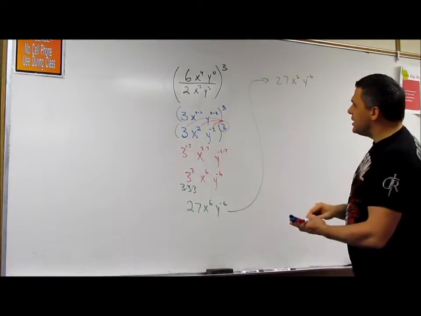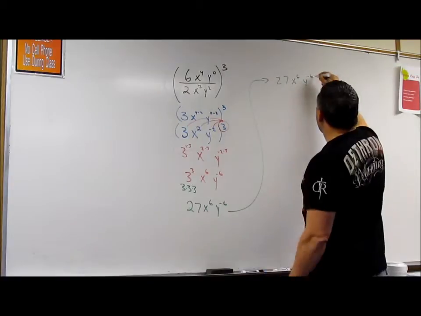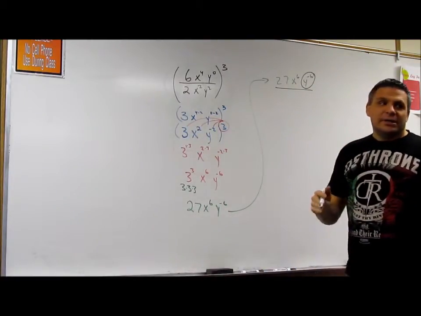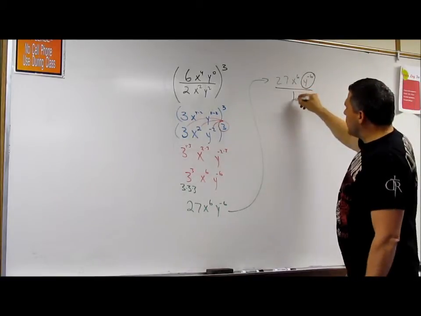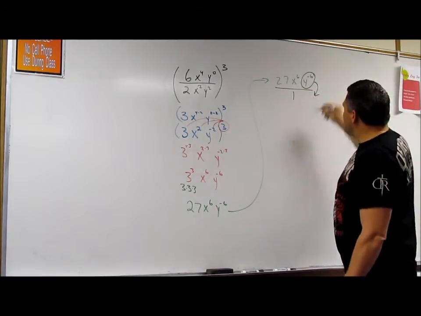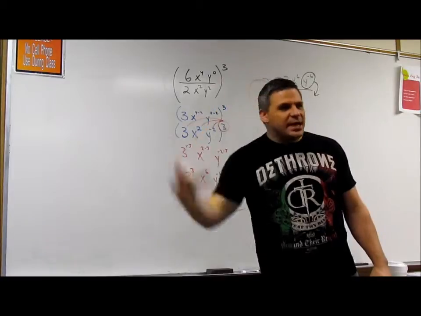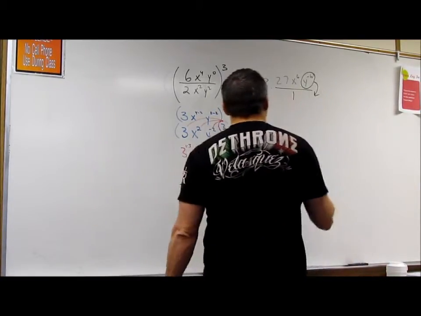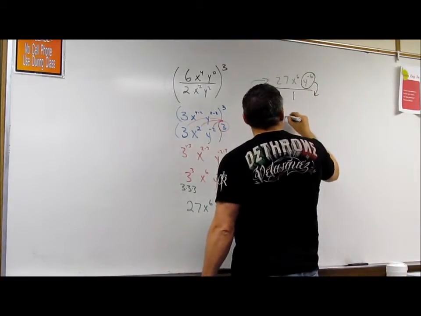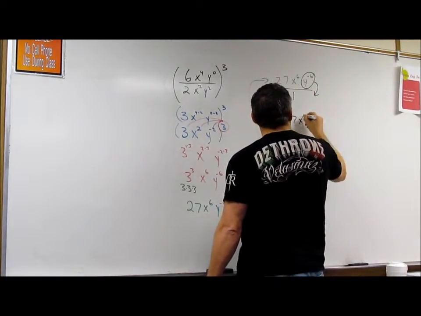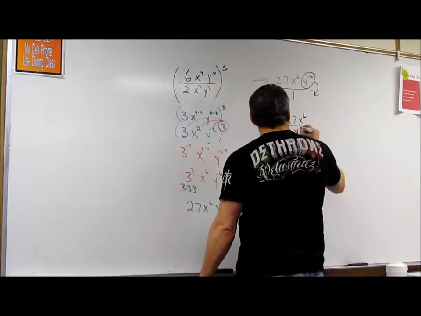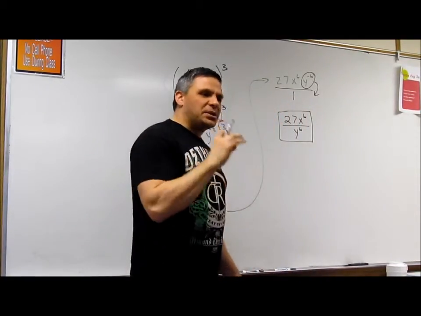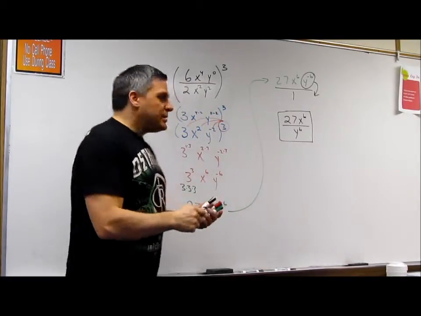I have to realize that there's a negative exponent. So what I really have here is this whole thing is over 1. So what I got to do is bring this negative exponent down into the bottom and make it a positive exponent. So I rewrite this as 27x to the 6th, y to the 6th, but y is down below. So that's the